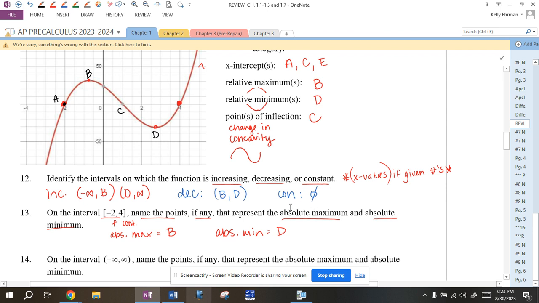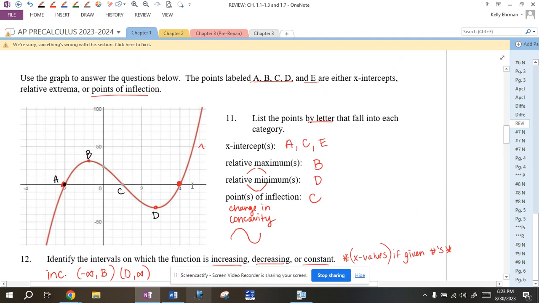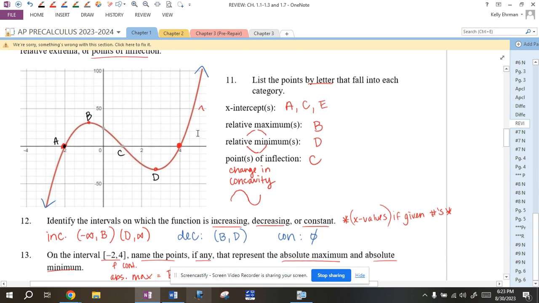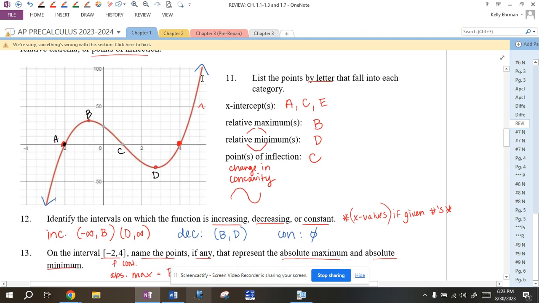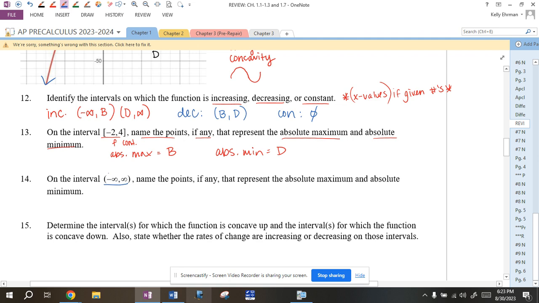If I change the question slightly, on the interval all real numbers, so extending beyond A and E, name the points, if any, that represent the absolute maximum and absolute minimum. If this graph goes on forever without bound, which we can assume it does, there is no ceiling or floor to this. There is no absolute high point. You pick a high point, I can find one higher. Same with low points. So you can't have an open interval like this for all real numbers. There are no absolute extrema